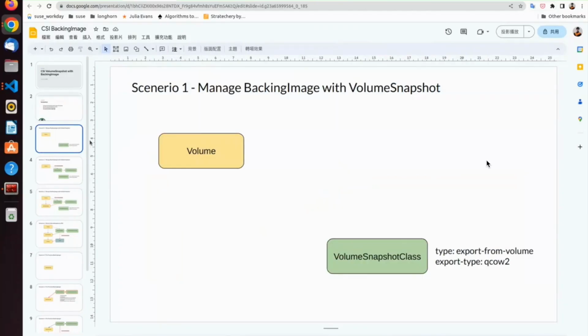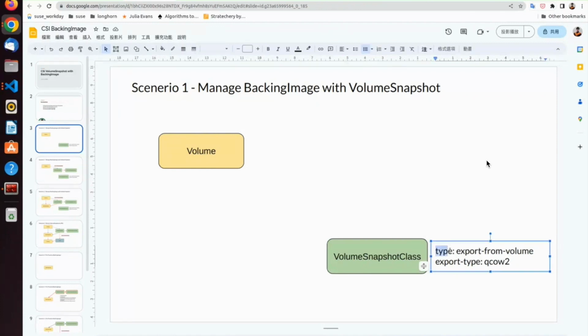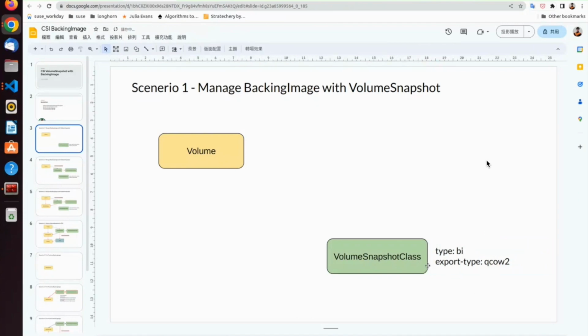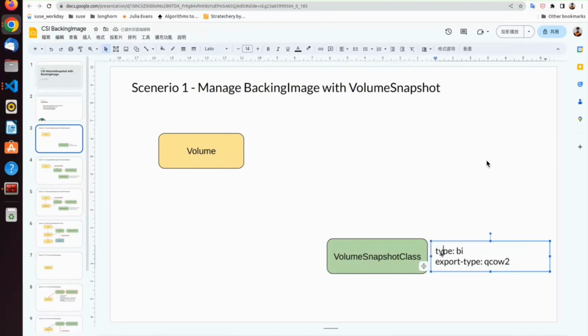For the first one, when the user has a volume, the user can create a volume snapshot class and indicate that the type is back image here. We have snapshot and backup already, so the type here can be backup or snapshot. Now we have back image here, and the user can also specify the export type, because we support QCow2 and raw